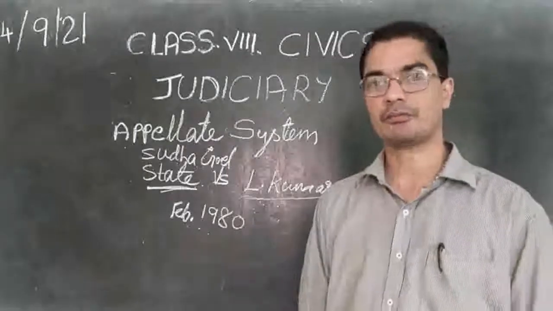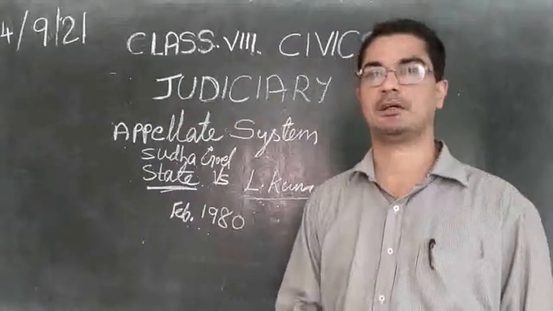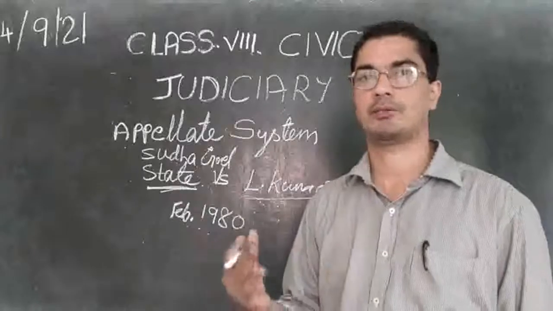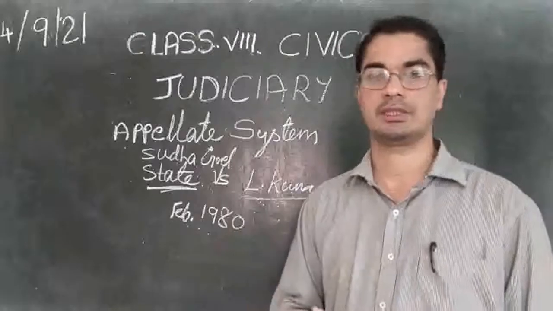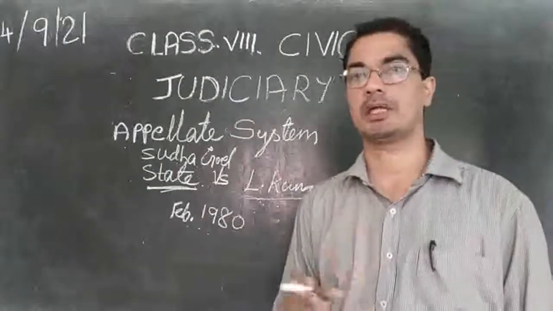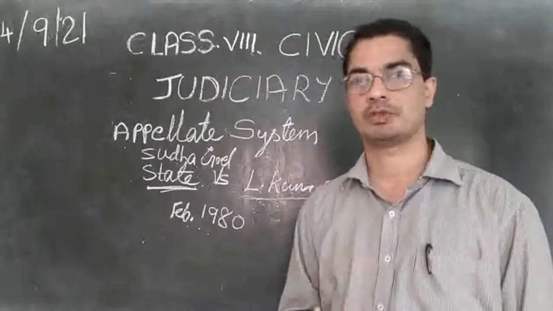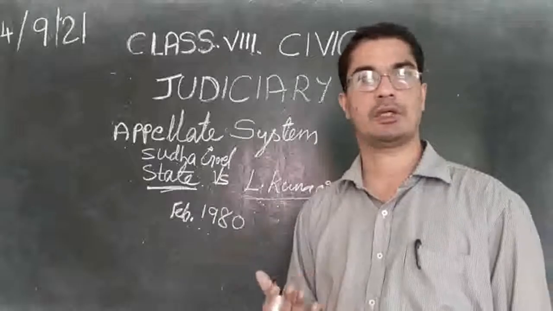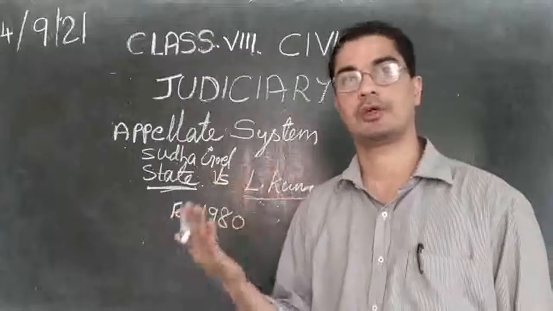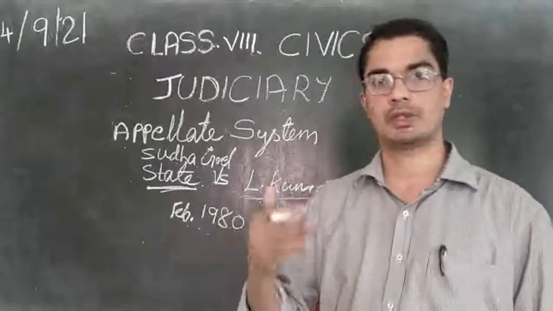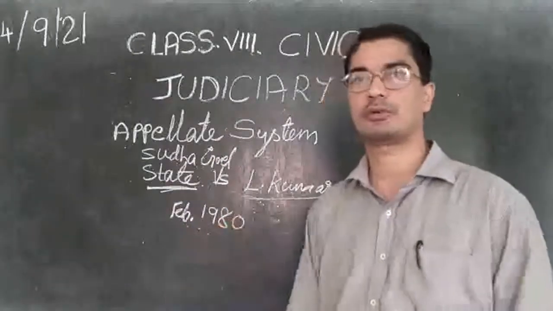And that way, the affected party are happy. Justice is done. Their daughter was killed by her husband and mother-in-law, and they are punished. So every citizen in our country can follow the same procedure. When they have some grievances, some problems, they can go to the lower court and the lower court will give the verdict. If they are not happy, go to High Court. If the High Court verdict is not good for them, then go to Supreme Court and so on. So remember, at all these stages it takes a long process.